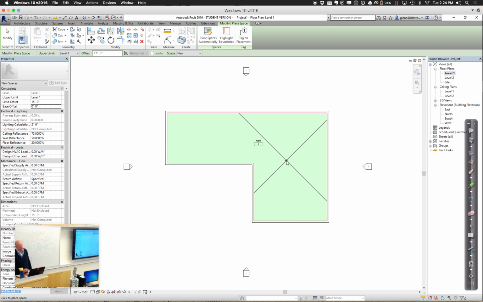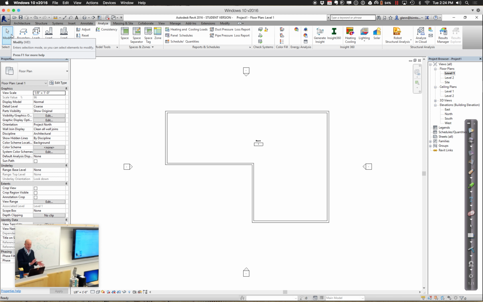So let's put a space in there. It'll be transparent to us, but now we have a space and we have a room. Okay, and if we choose the space, we can adjust its properties, but I'll leave it alone for now. Okay, last thing I want to do relative to lighting, though, is get us started,